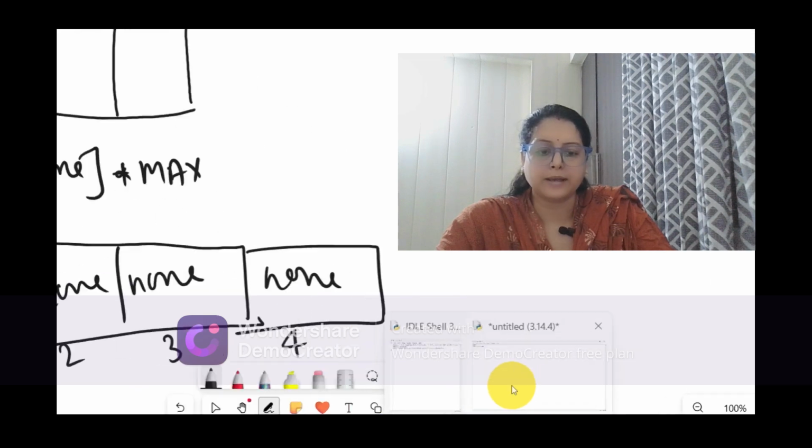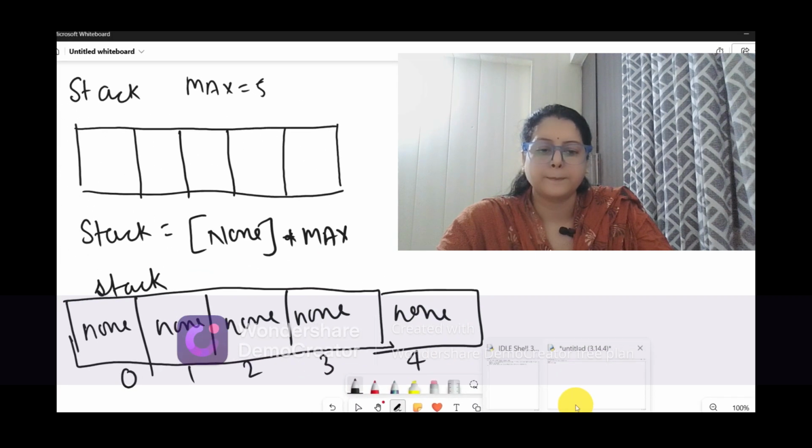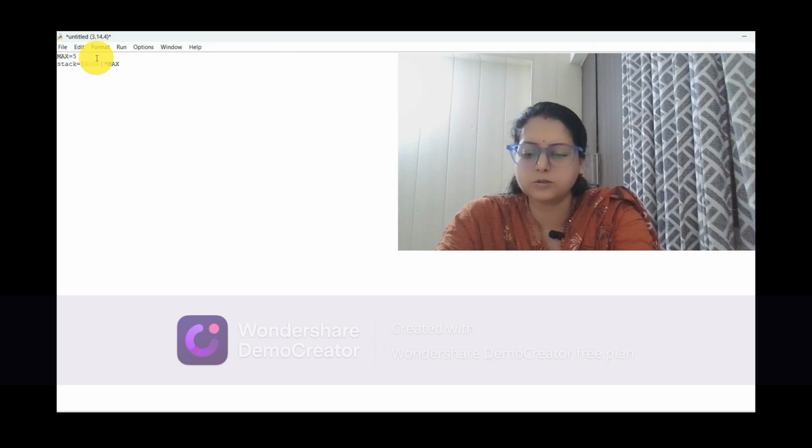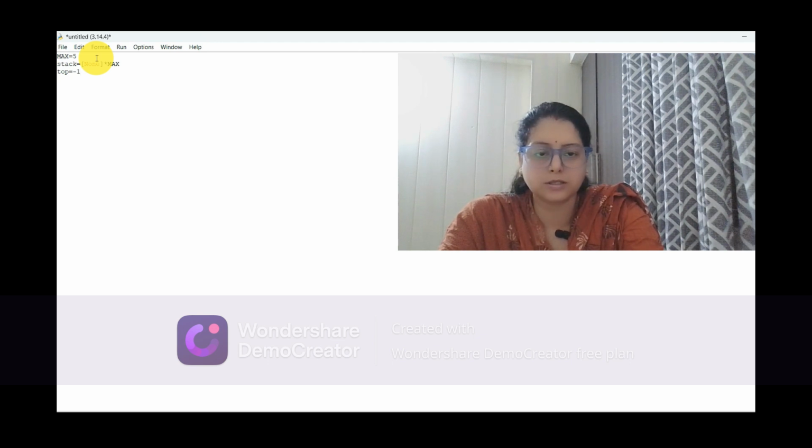Now coming back to our program, let's implement it further. First of all, nothing is there inside the stack, so in the next line we will write top is equal to -1. Yesterday we saw that when nothing is there, it is an underflow situation, and underflow means nothing is there, top is not there actually. Top will be there even if at least one element is there, the first position is the top, but when nothing is there, top will be -1.